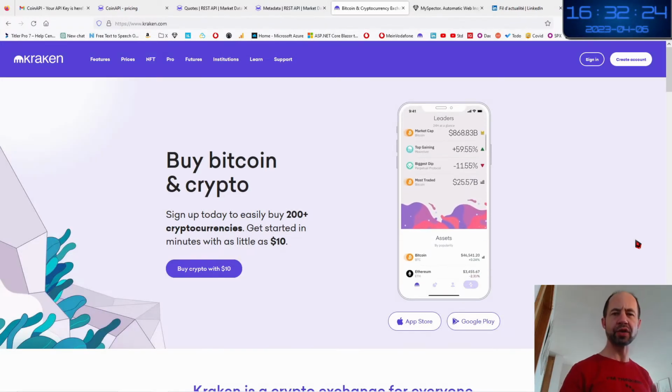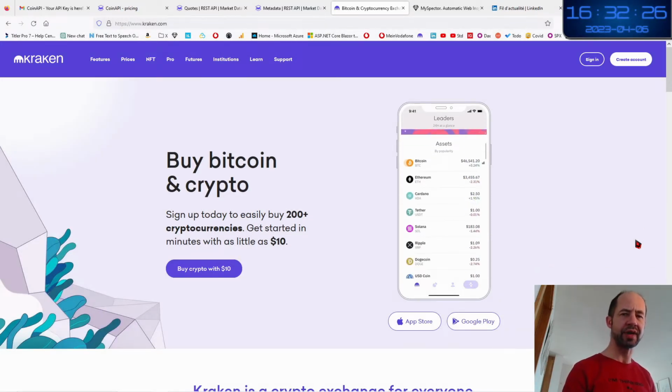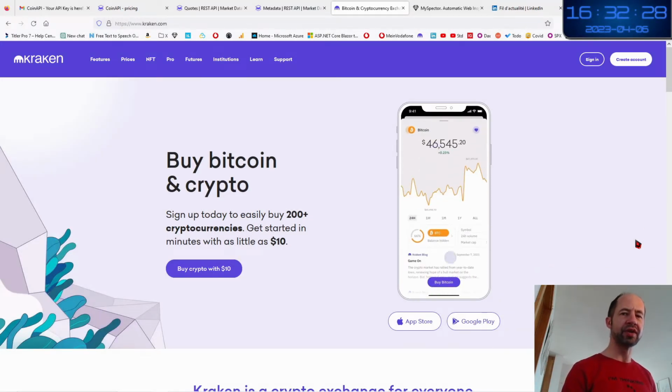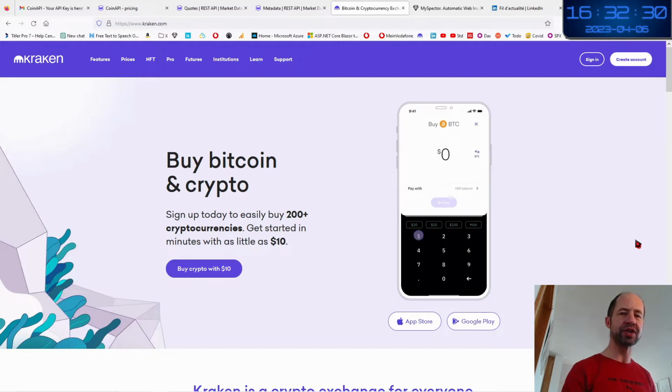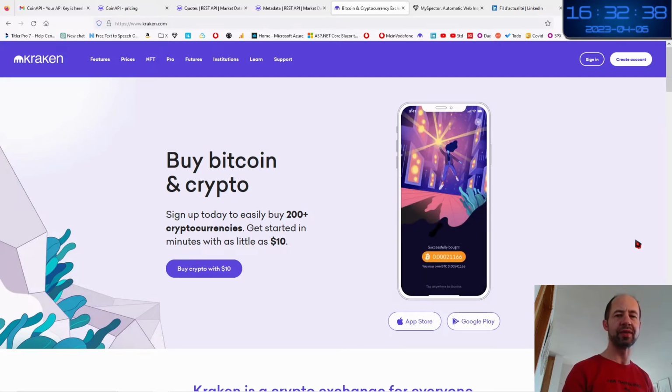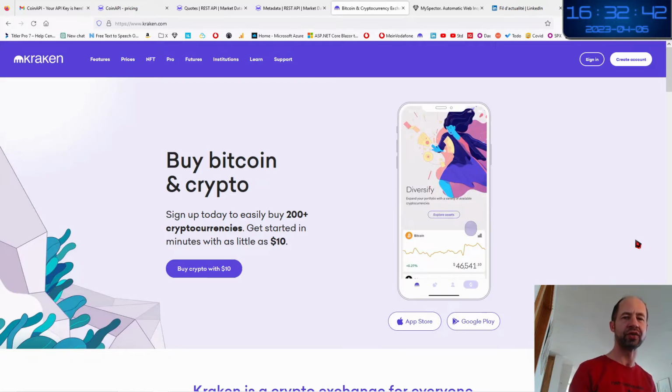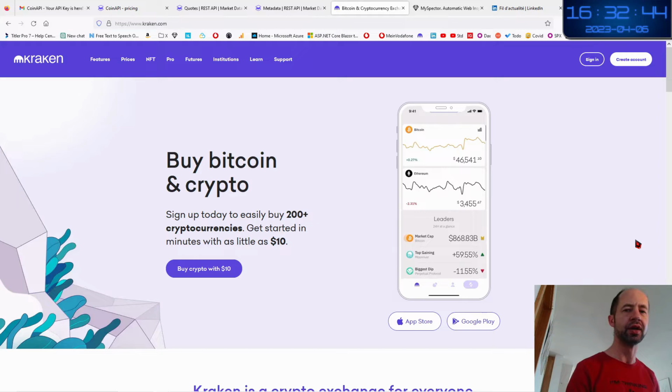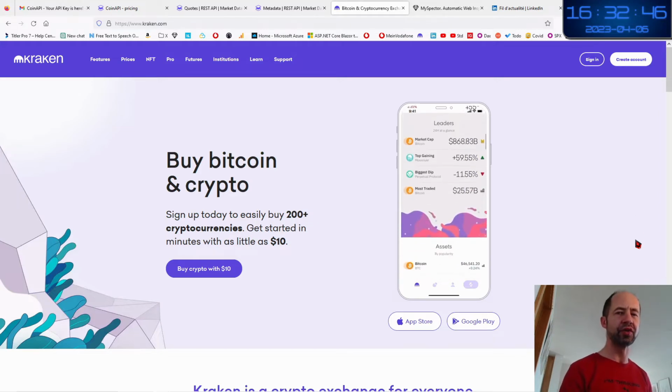Hello my friends, we are going to speak about REST API today. And more precisely, we are going to make an application with cryptocurrencies to track the price of a crypto. The goal is to give you a system which sends you an email when the given price of a cryptocurrency reaches a given target.